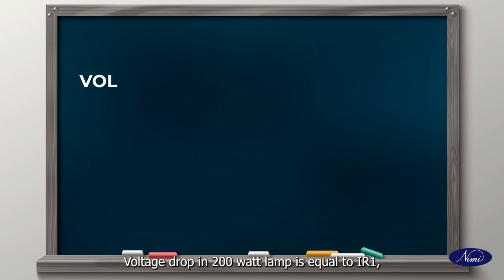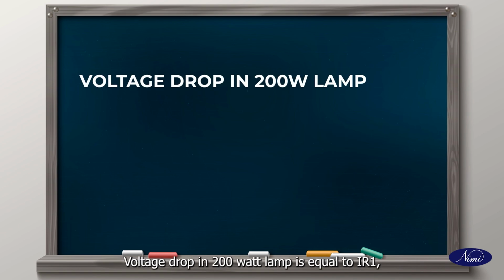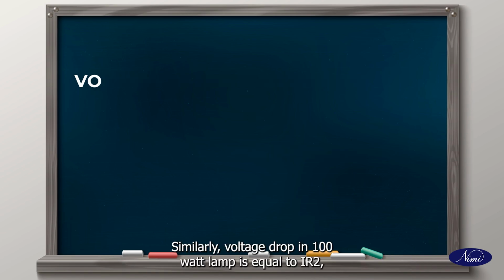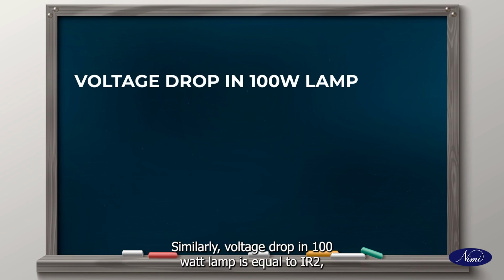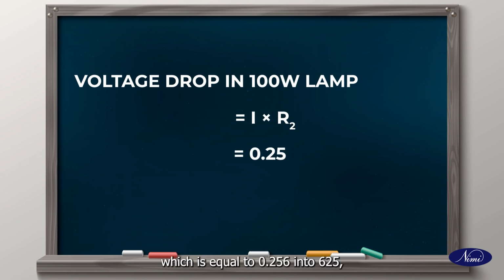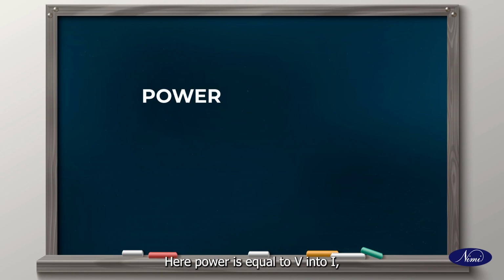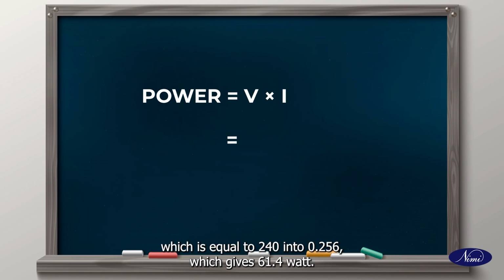Current I is equal to V by RT, which gives us 240 divided by 937.5, which is equal to 0.256 amps. Voltage drop in the 200 watt lamp is equal to IR1, which is equal to 0.256 into 312.5, which is equal to 80 volt. Similarly, voltage drop in the 100 watt lamp is equal to IR2, which is equal to 0.256 into 625, which gives us 160 volt. Here power is equal to V into I, which is equal to 240 into 0.256, which gives